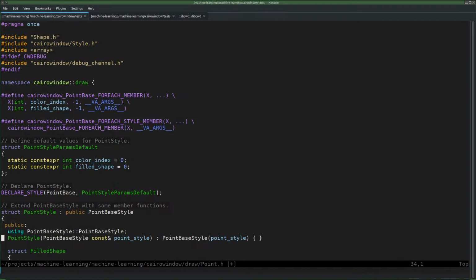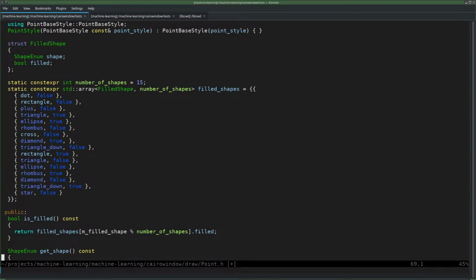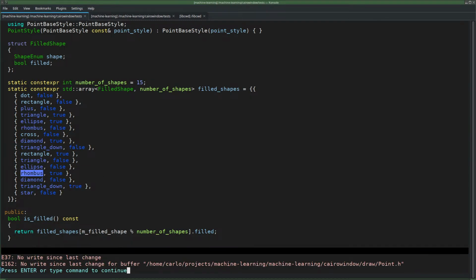Right. Now then we have to implement something that in the neighborhood of the other names. Let's pick one that is not too rhombus. Going to occur somewhere else, I mean, like